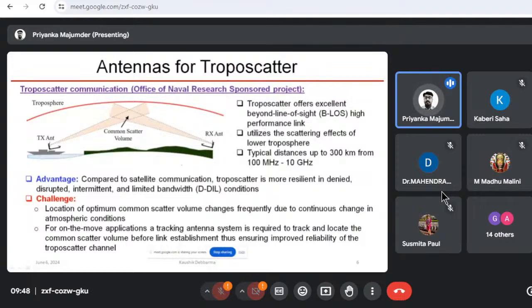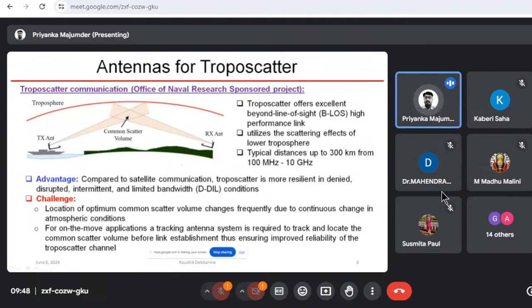So from that point, once a satellite is being used by different users, it's very easy to intercept. Other people can intercept those signals. So that's where we said that compared to satellite communication, it is more resilient in denied, disrupted, intermittent, and limited bandwidth